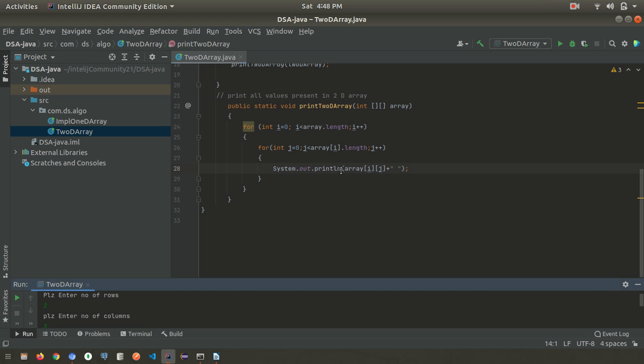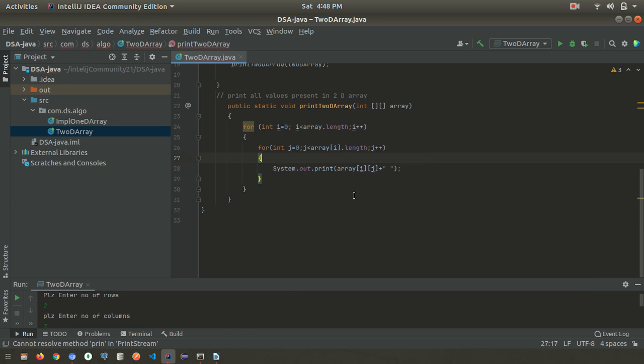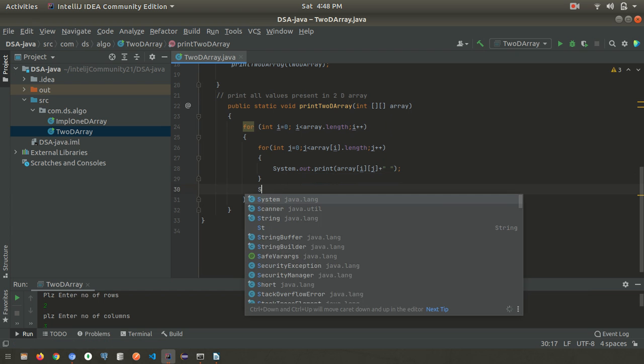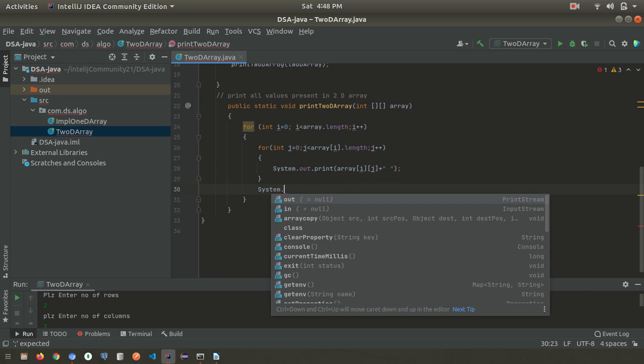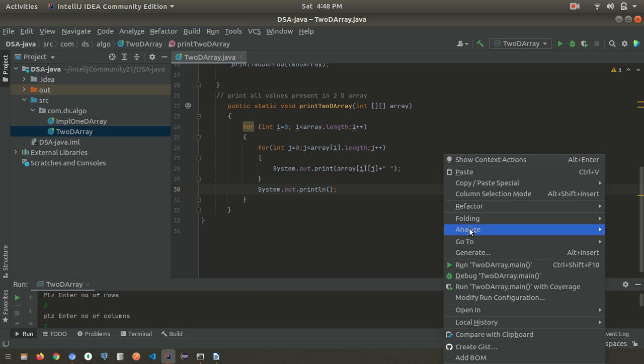Okay, so we can print in matrix format. What we can do is not give a new line for each value. After one row is completed, after that we will give the next line, then it will be in matrix format.